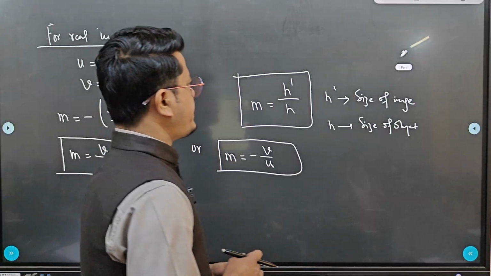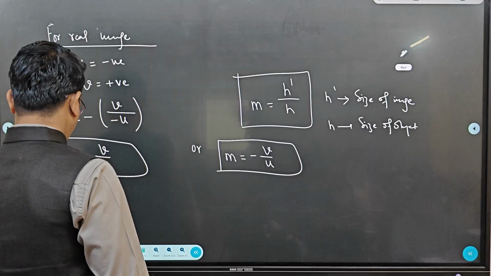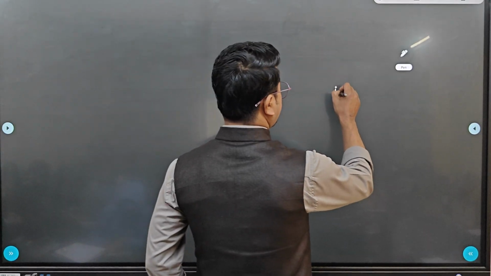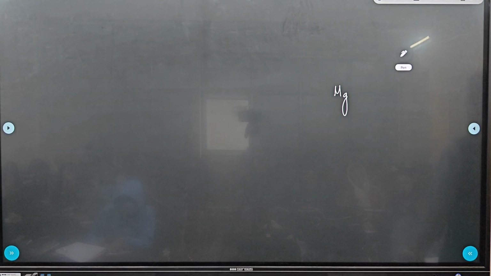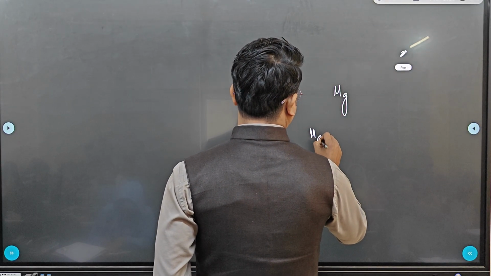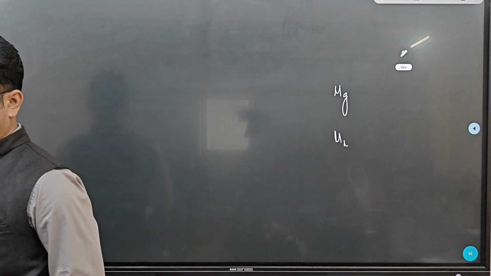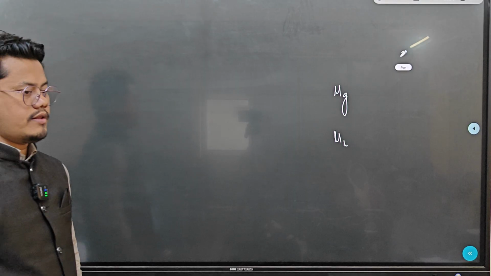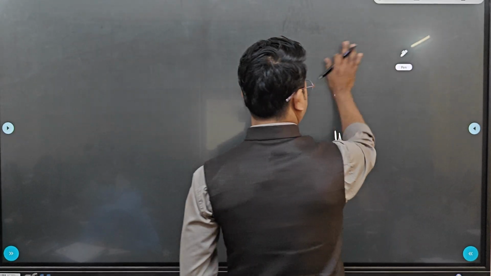If a lens of refractive index mu g is immersed inside a liquid of refractive index mu L, got it? Then the focal length in this case will be,